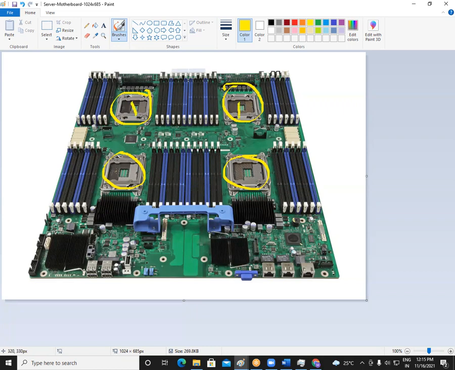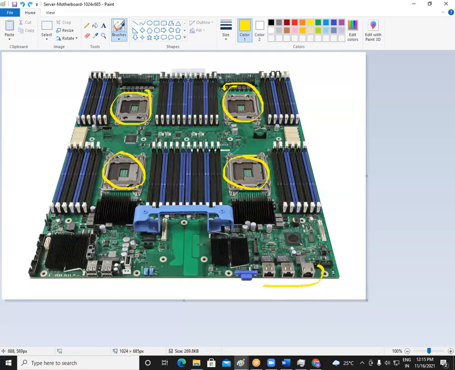i5, i5, i5, i5. A server is a machine where there will be a minimum of 1 processor, or there can be multiple processors. I repeat, a server is a machine where there can be 1 processor, or multiple processors in one single machine. Because a server is a machine where hundreds and thousands of people are connected, the processing in a server should be much faster compared to a normal computer. Done. So we have 4 processor slots.